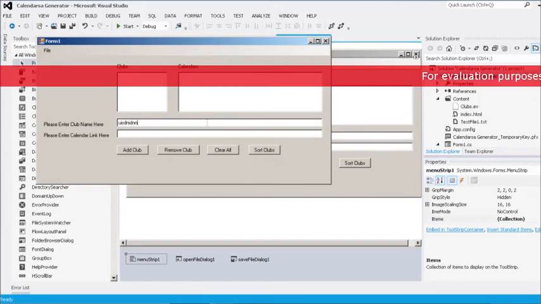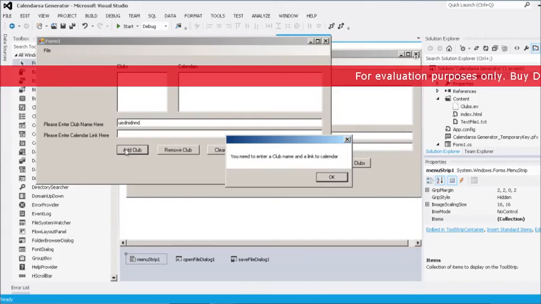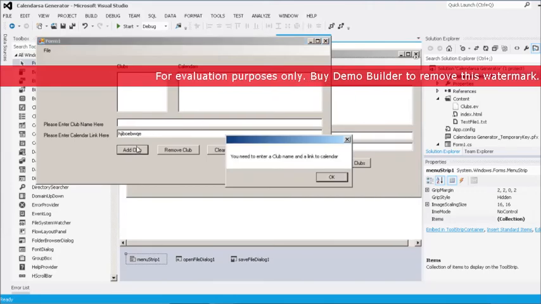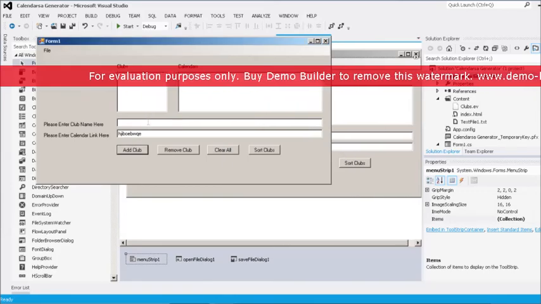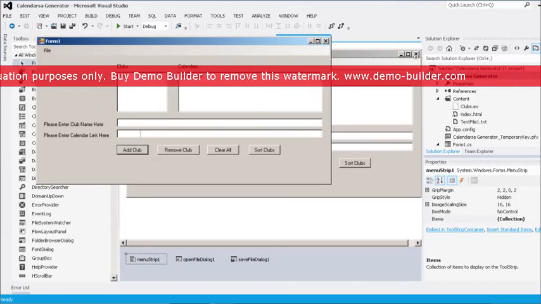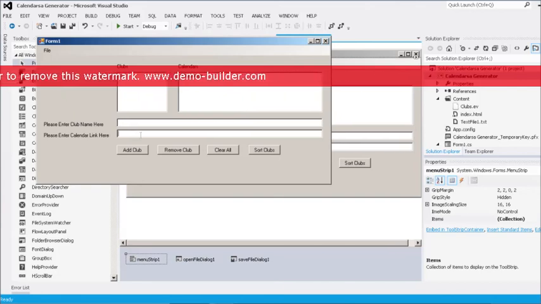Like if someone entered only a club name and added it, there will be an error telling them that they cannot add a club name without a calendar. Vice versa, if they do the same thing, there's another error. Nothing gets added. But even if they add this, it's valid. So it's important for the person adding to make sure they input the right thing, include the link with the HTTP prefix, and if they need to remove, they can do that. And the sort feature, which is pretty good,